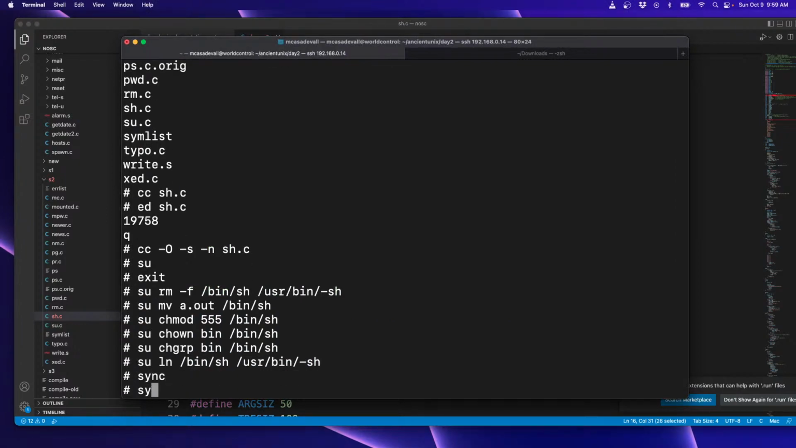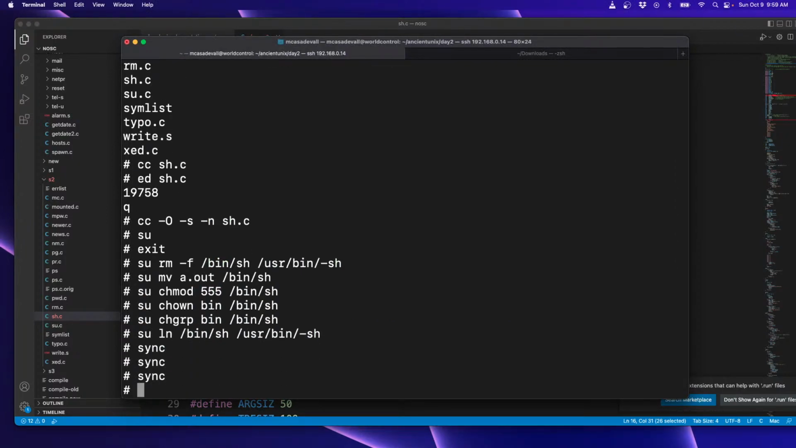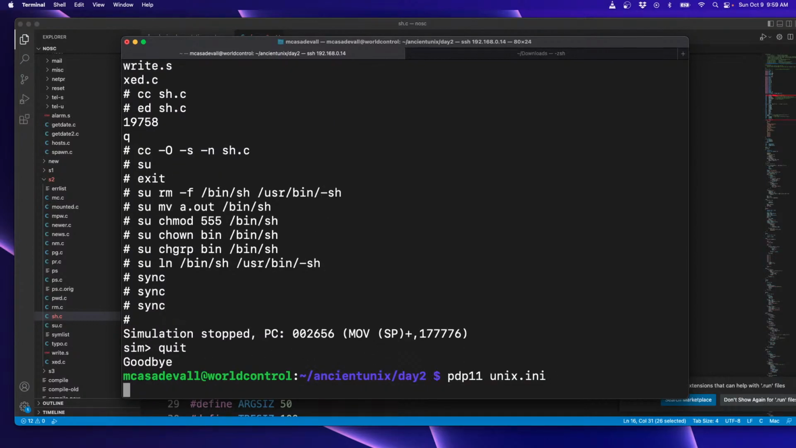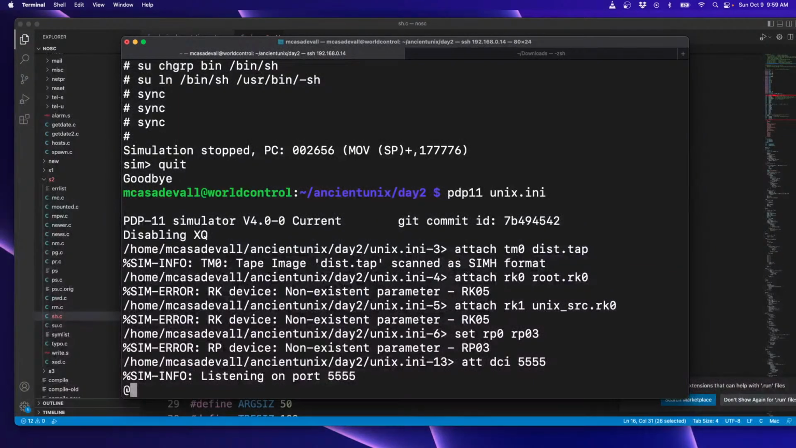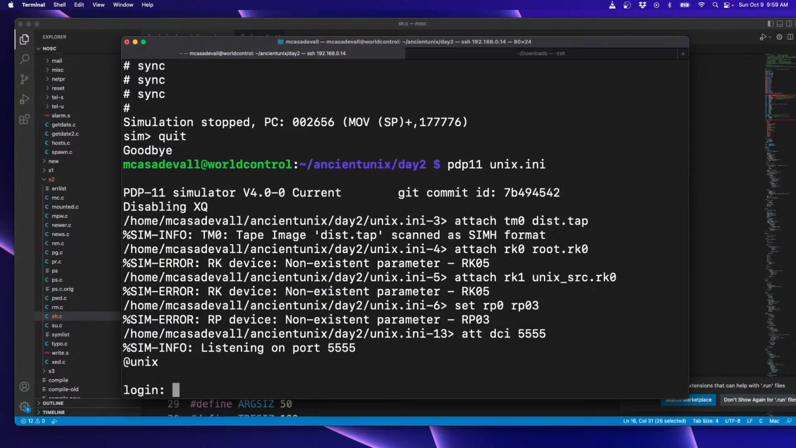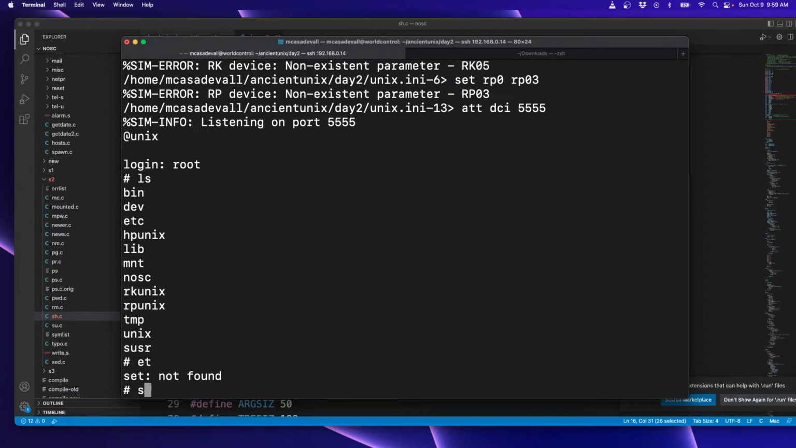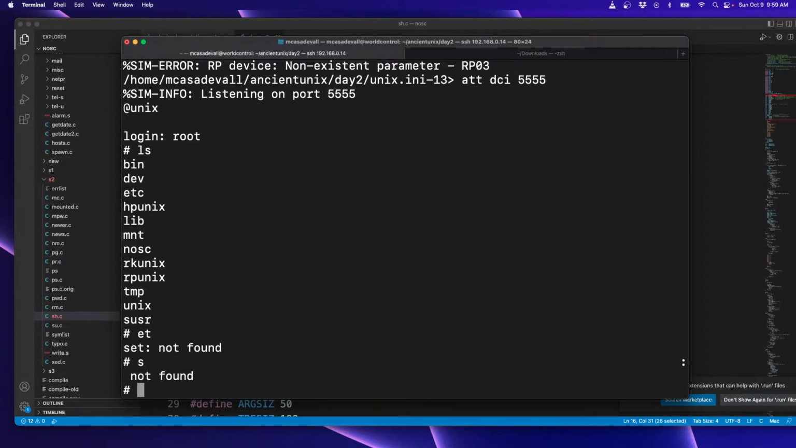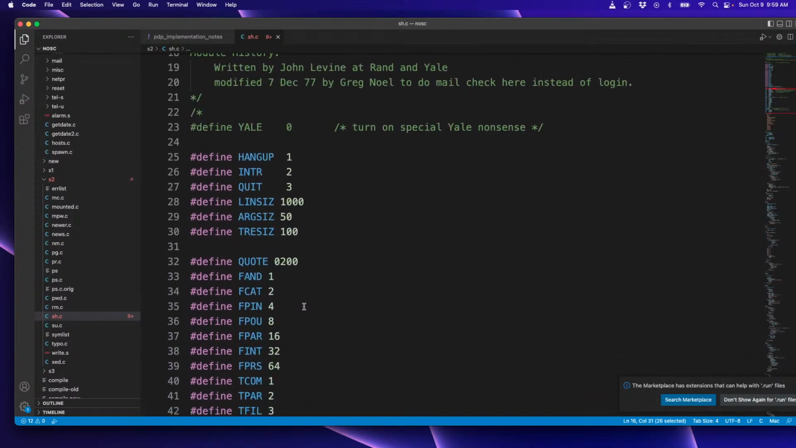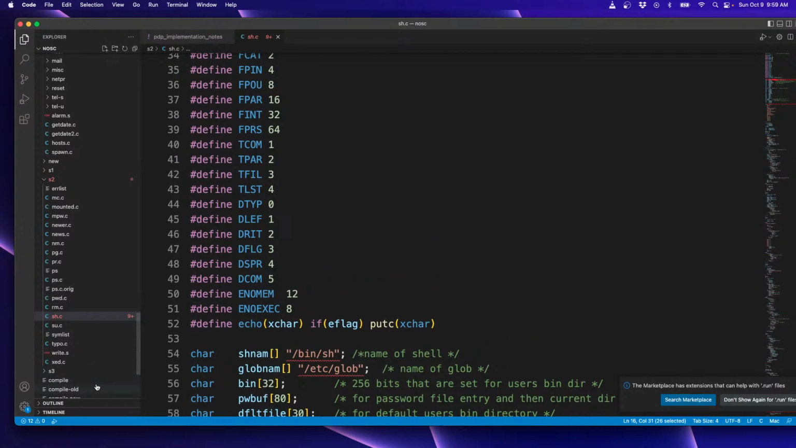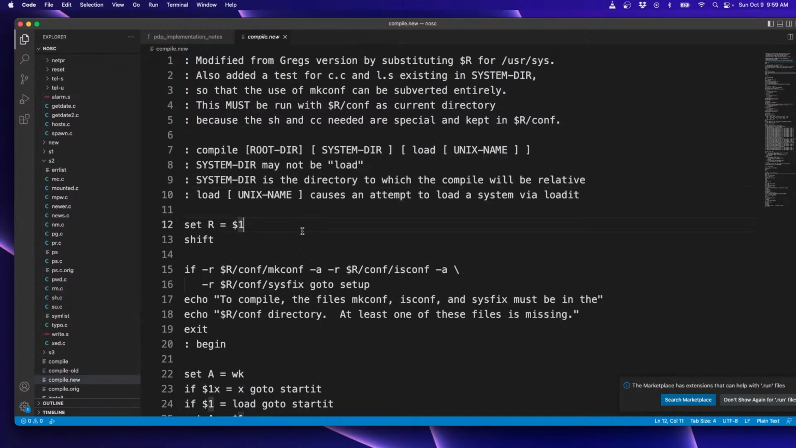All right, and then I am going to reboot the system for good measure. So Control E, quit, restart. Oh, we got a lot. Hey! Well, that's an improvement. So now we have the Yale shell installed, which is interesting. So if we now go back to our compile script,